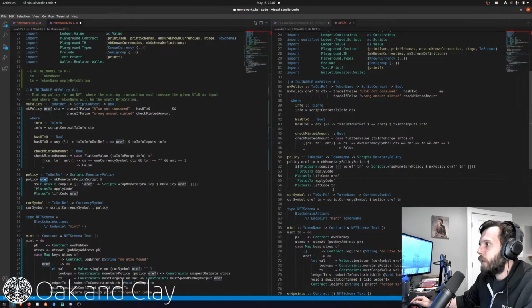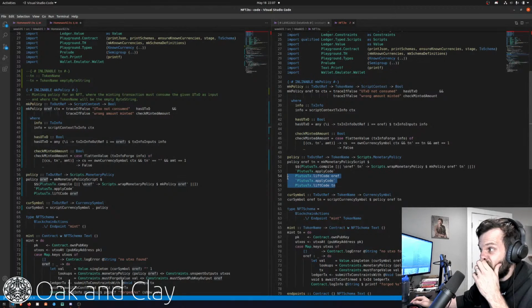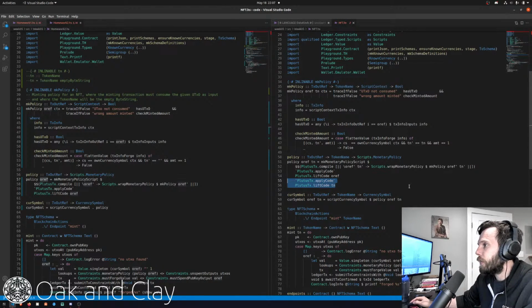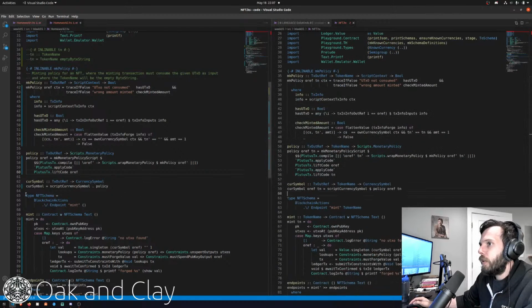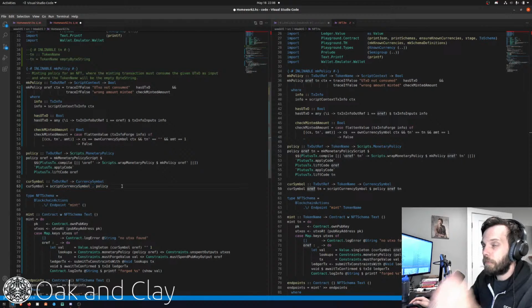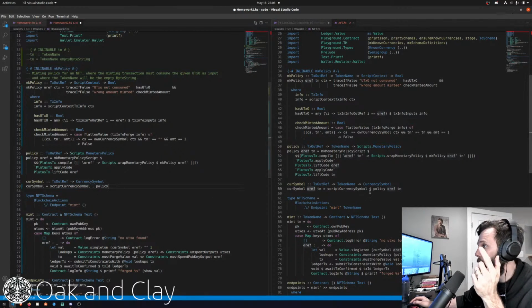So I basically just deleted the transaction name part of it, and the currency symbol. Let's see, the currency symbol. I knew it didn't take the transaction name. I knew it only took the OREF. And I was able to write it. I tried to write it pretty much like that right there, and it shot an error